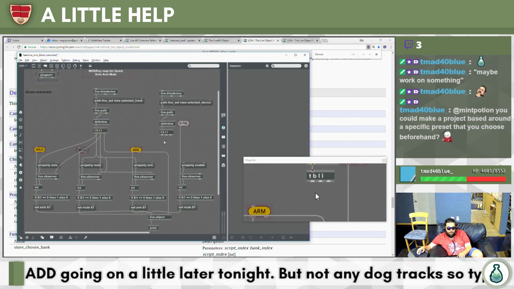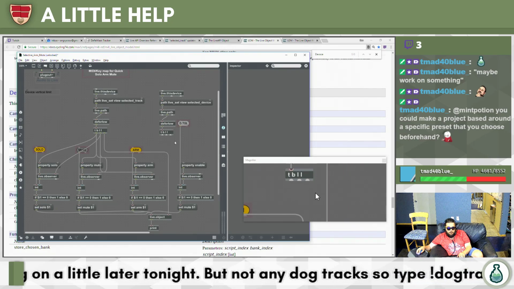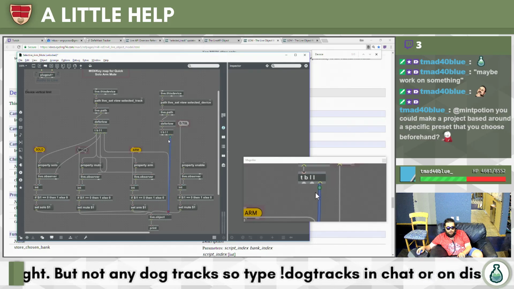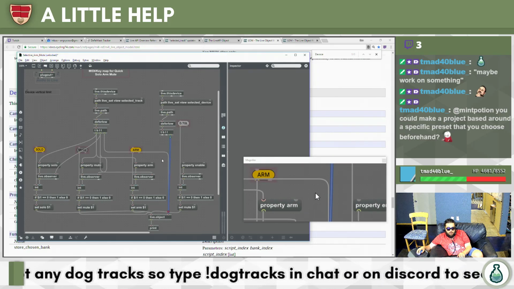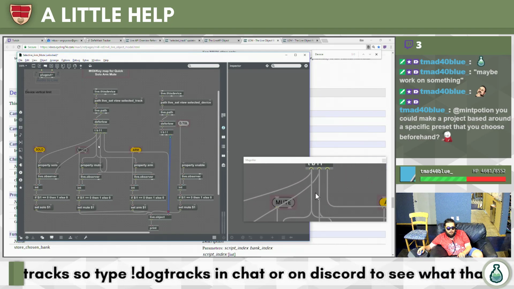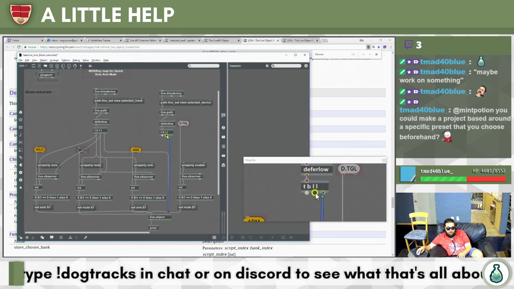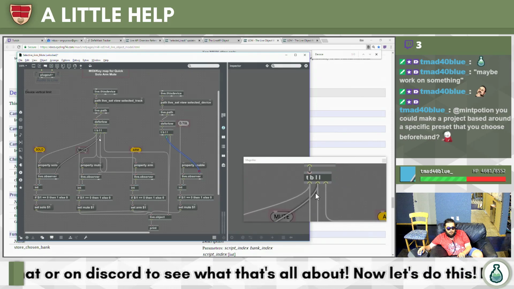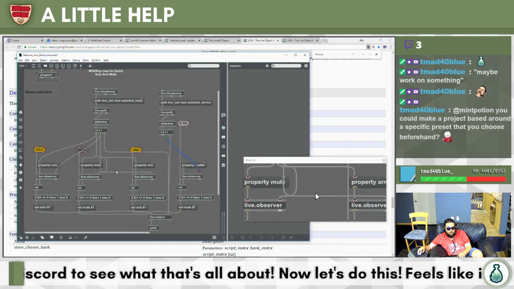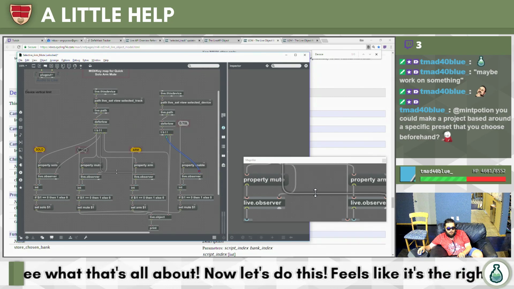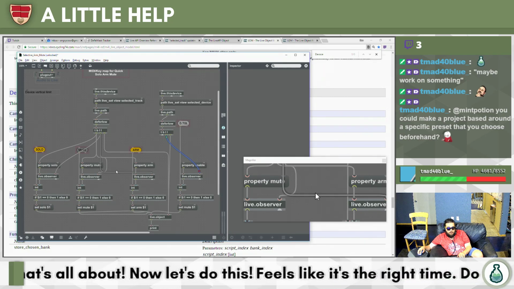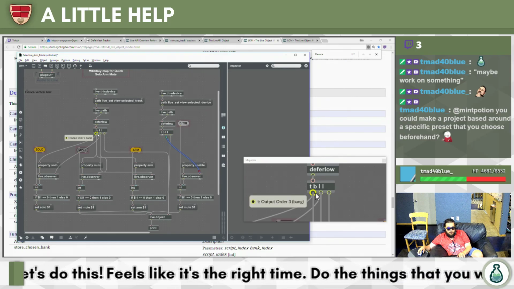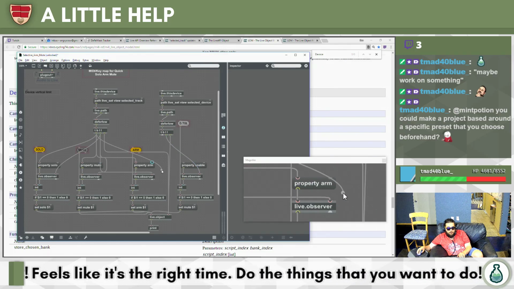And now I can send out that information back to the same object. So I have you go to this observer thing. And you are the event.